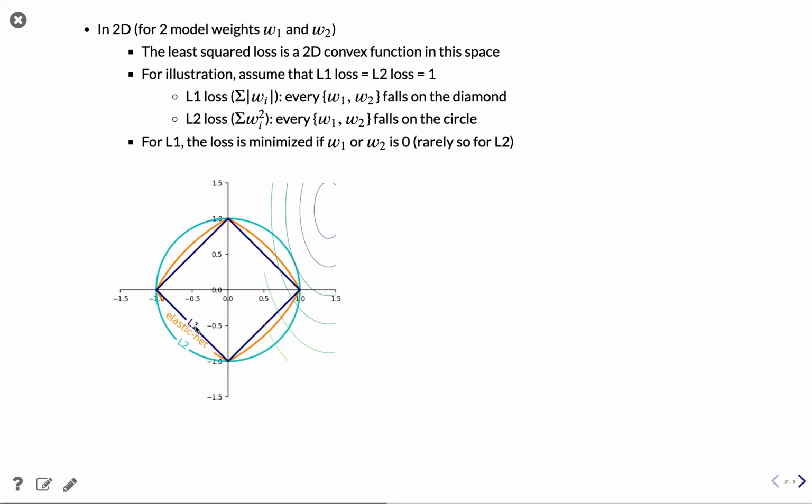Then for any value for L1, because the sum of this weight plus this weight has to be 1, we will end up at some point on this diamond. For L2, because it's the sum of squares, it will end up on this circle. So it means that the optimal solution according to L1, and for L2, given that the loss is 1, will mean that it finds this solution. And this solution here